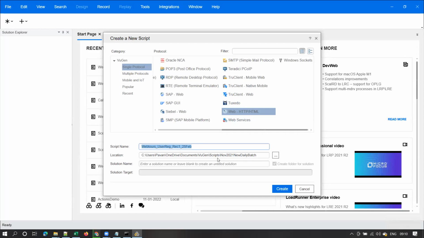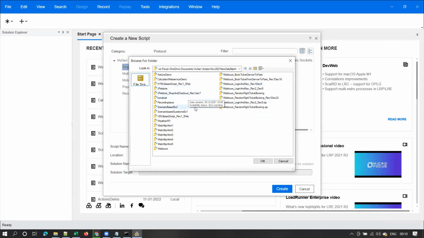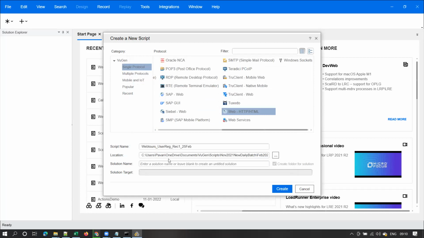And one more thing: let me create a folder for your batch. You can also do that. What we generally do is, I will create one folder for your batch in this folder, in OneDrive documents Vusion. Or else let me navigate. Yeah, so let me create one folder for your batch. So I'll save all your scripts in this folder. And by default, you will have C documents Vusion scripts.